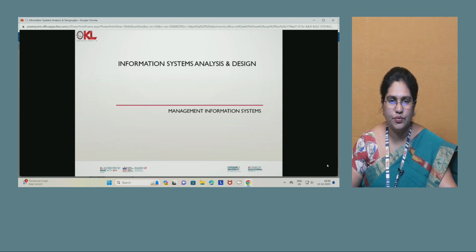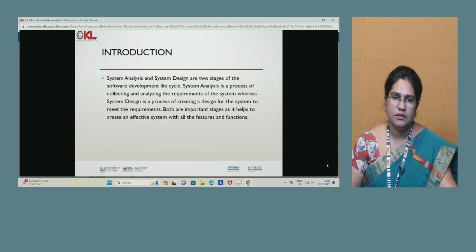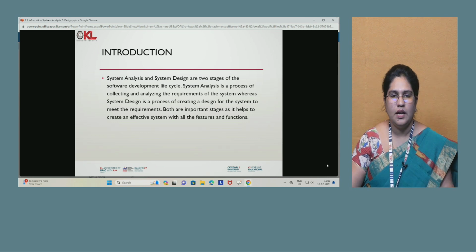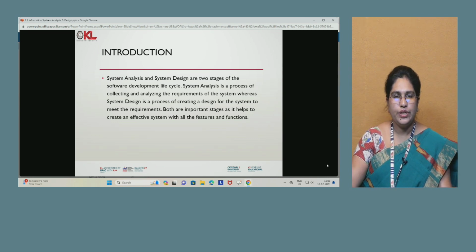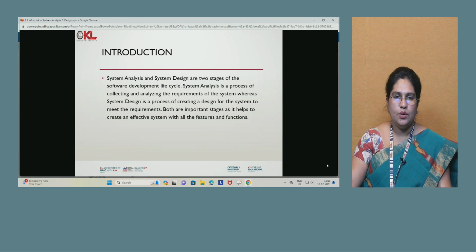In this section, we are going to discuss a few things. This topic contains what system analysis is and what system design is. In this topic, we are going to discuss the basic introduction of these two stages. These two stages are very important in the software development life cycle, which are system analysis and